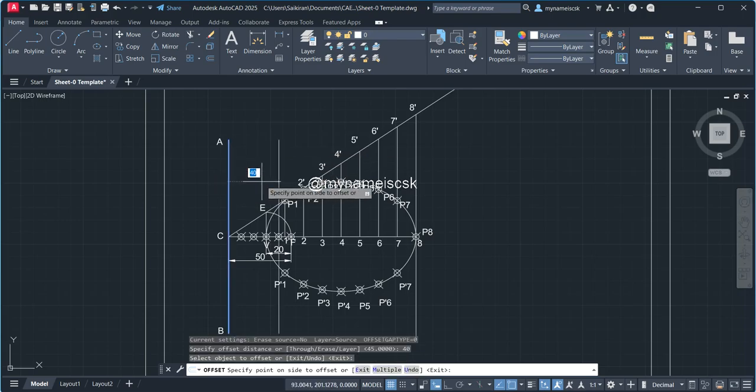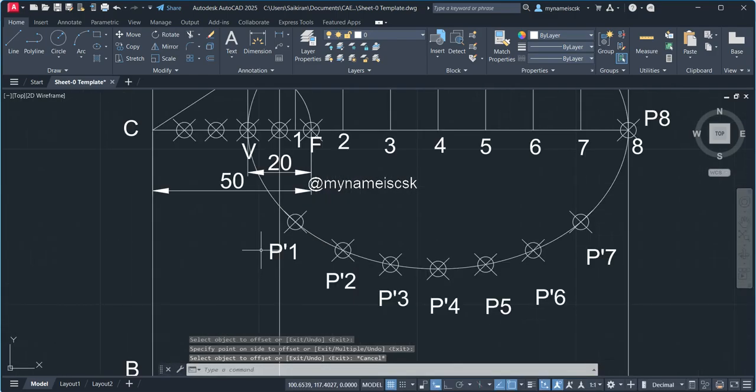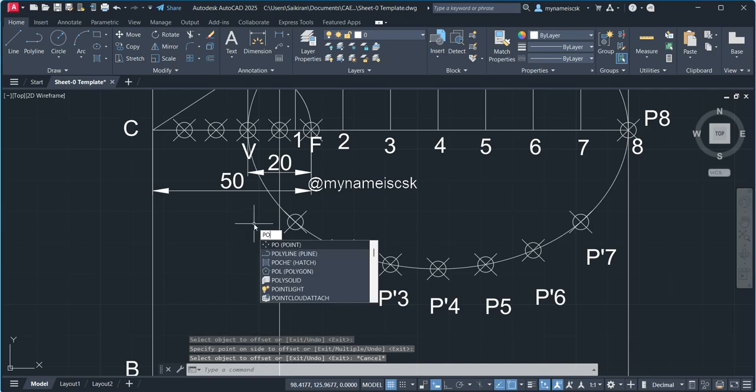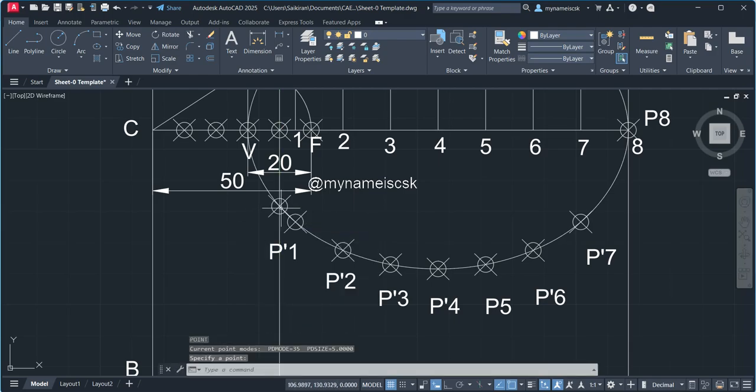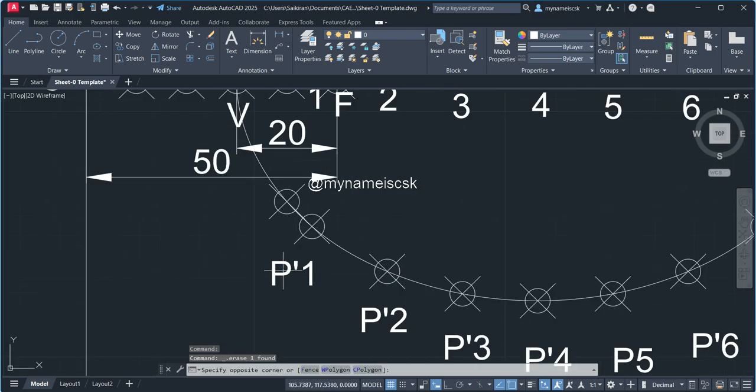From this point I'm taking a distance of 40. I'm placing the distance. Again I have to show whether the distance is 40 or not. So here I'll create a point, PO, enter, and I'll create a point here. Then we have to delete this line. So I am copying this one, I need to make this as the P point, Control V. So this is my P point,